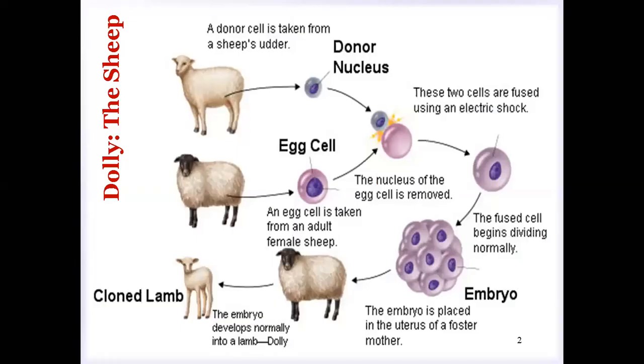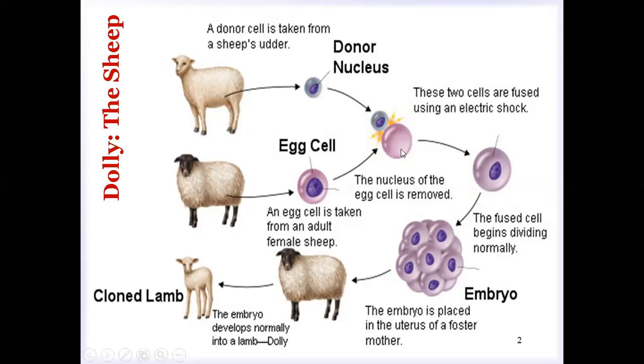To start with, the Dolly sheep was the golden example of genetic engineering. What was done there: a donor cell was taken from a sheep, and that was a somatic cell. Somatic cell means the shortened chromosome. You already know what happens in somatic cells, and what the difference is between gametes and somatic cells. So the chromosome will be shortened. The donor cell was taken from there, and that was fused